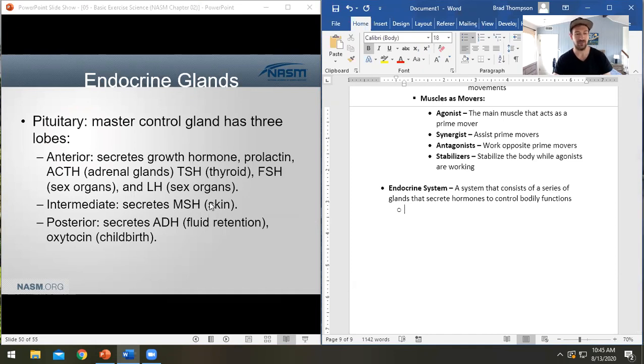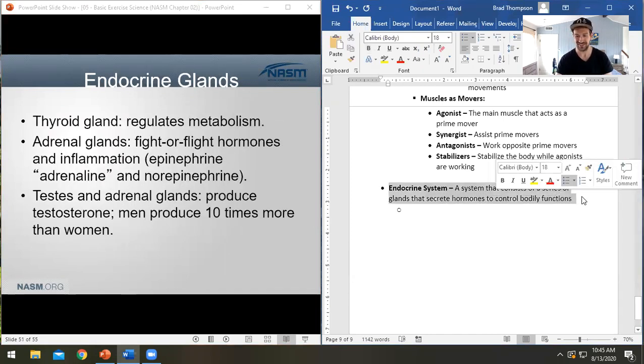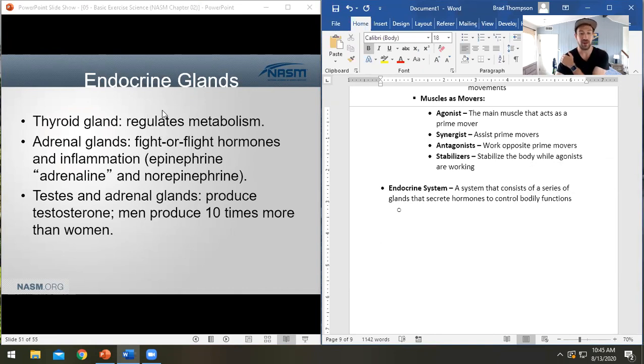So honestly, I'm probably going to end up just leaving this as our single note here. You do have the thyroid gland. Actually, you know what? We'll go like this. Thyroid glands are helpful. Thyroid glands help regulate metabolism and metabolic rates. You've got adrenal glands, which secrete fight or flight hormones, right? Epinephrine, for instance,